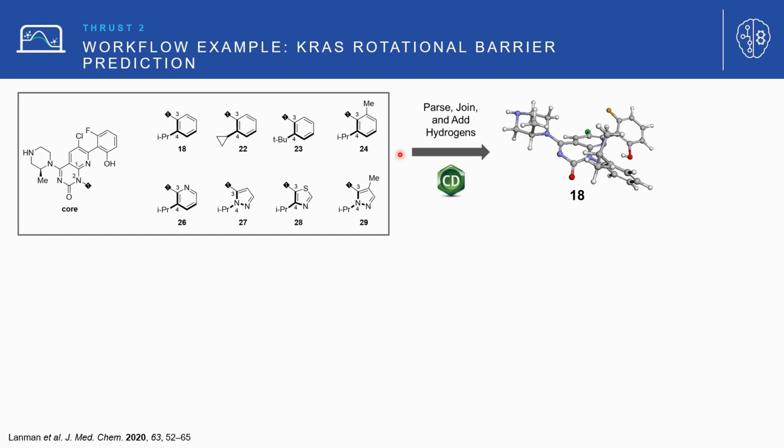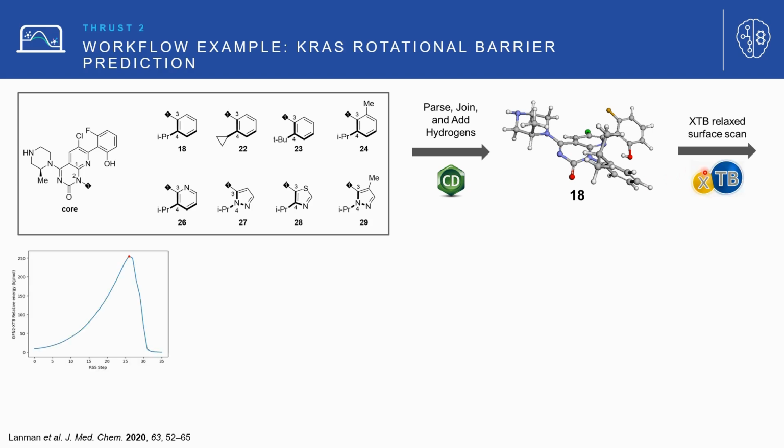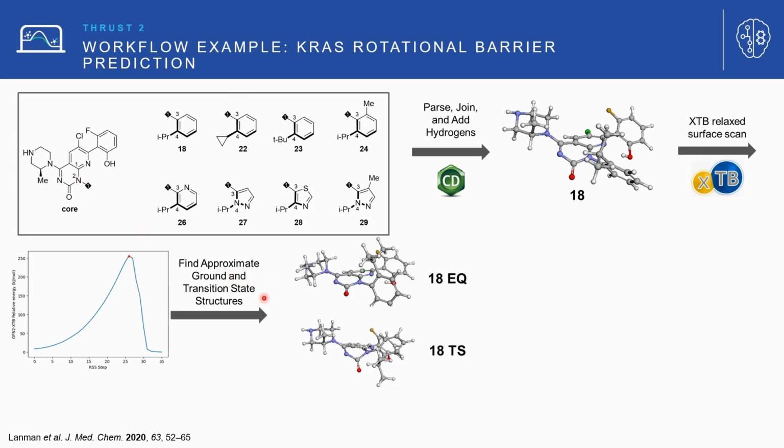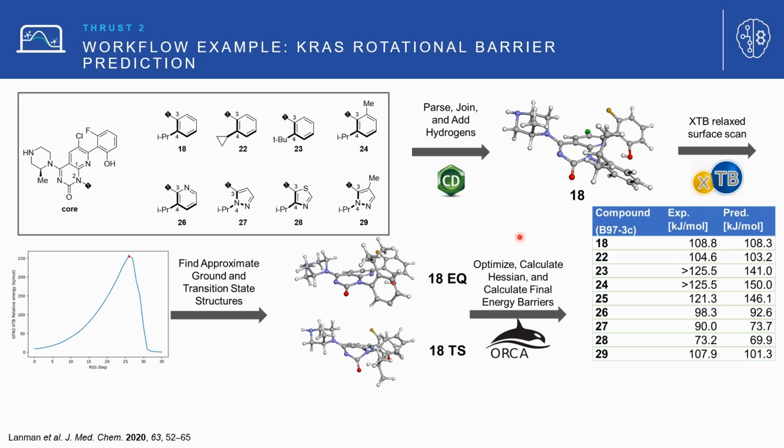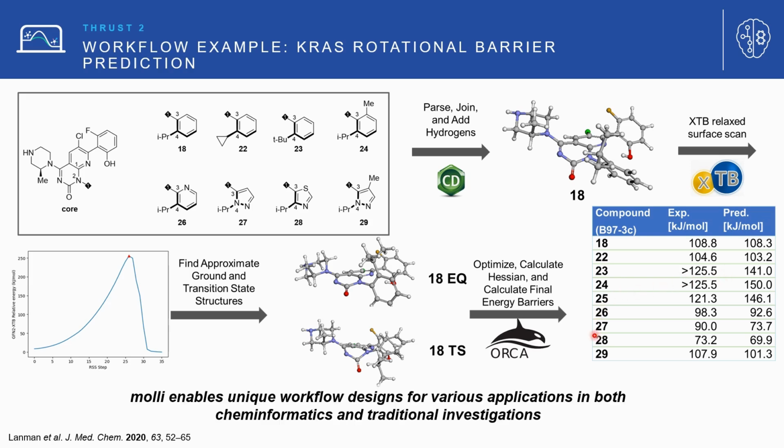And so what we did is we took a ChemDraw, parsed it, joined, and added hydrogens, and then we executed an XTB relaxed surface scan of the dihedral angle along this axis to find approximate ground and transition state structures. From there, we could actually use our ORCA interface to both optimize and calculate Hessians before we could compute final energy barriers and compare them to the experimental values. Now, the deviations you see here aren't a function of molli as much as they are a function of the actual functional used, but it illustrates how molli can enable unique workflow designs for both cheminformatics as well as